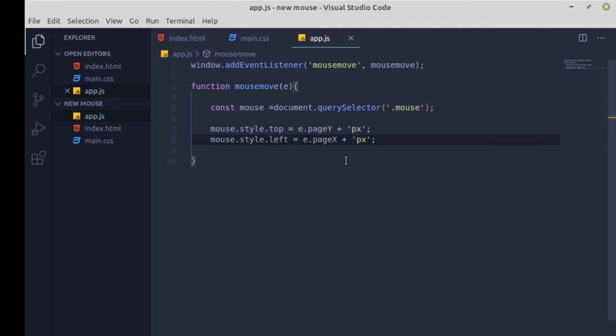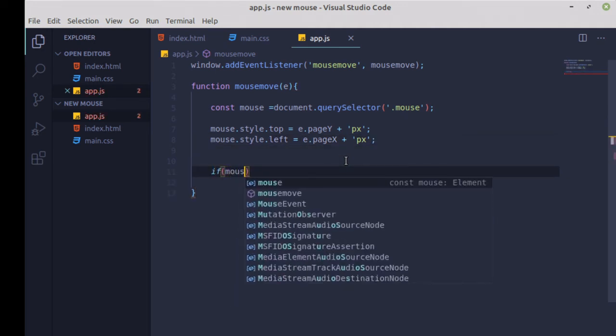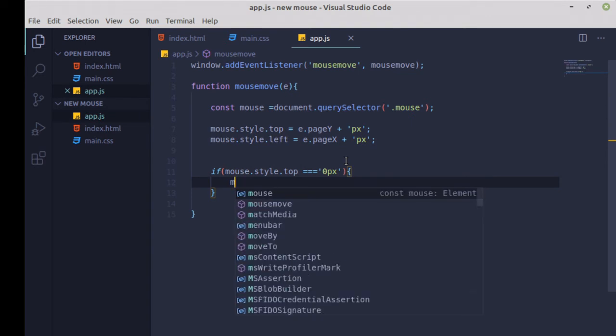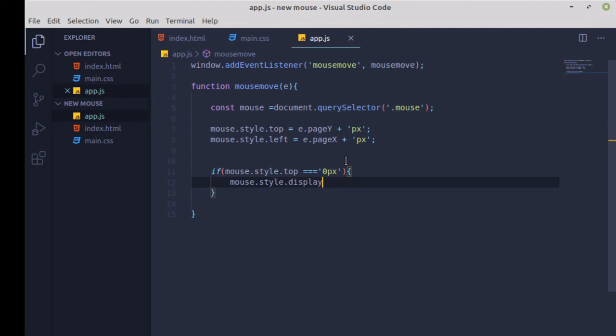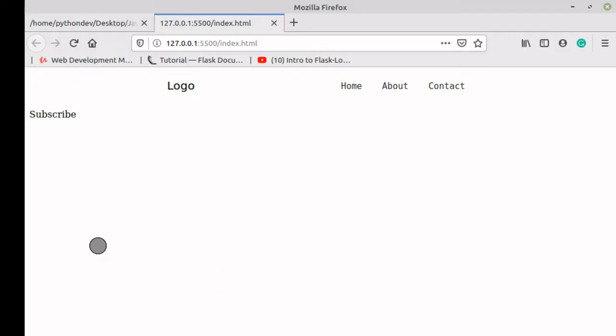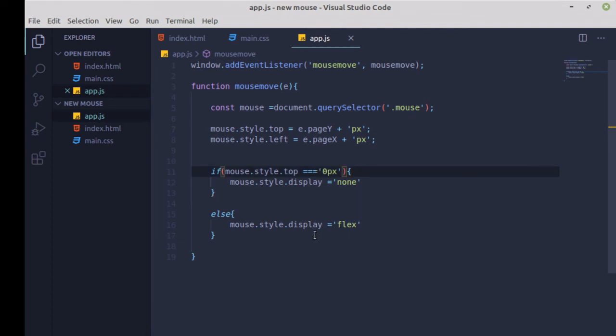Now that we have that, we're also going to say that if the mouse.style.top is equal to, triple equals, 0px, then we're going to say mouse.style.display will be equal to none. Else the mouse.style.display will be equal to flex. Nice, right? So now if we go to 0, we get to 0,